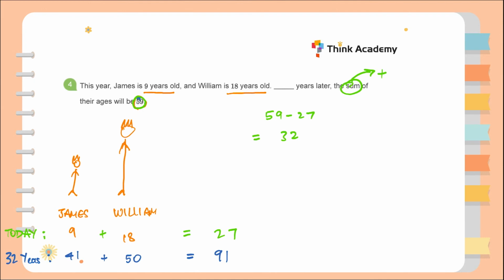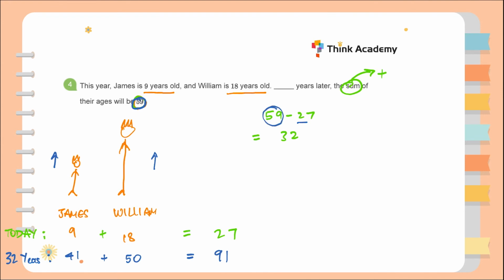91, not 59. We have counted something extra. What have we counted extra? Well, if you notice, 32 years later, James increased by 32 in age, but does that mean William stayed the same in age? No, right? Even William went up by 32. Therefore, the sum of their age today, which is 27, when we take that into account and we see what we want the sum of the ages to be later,